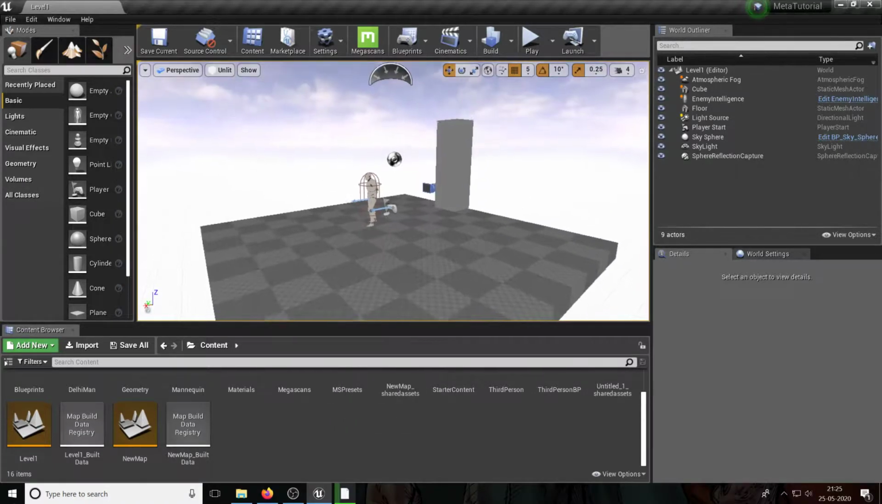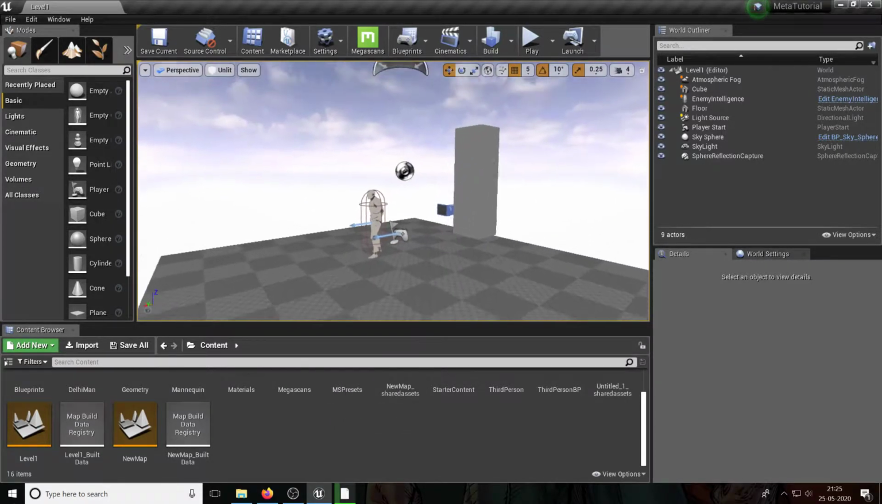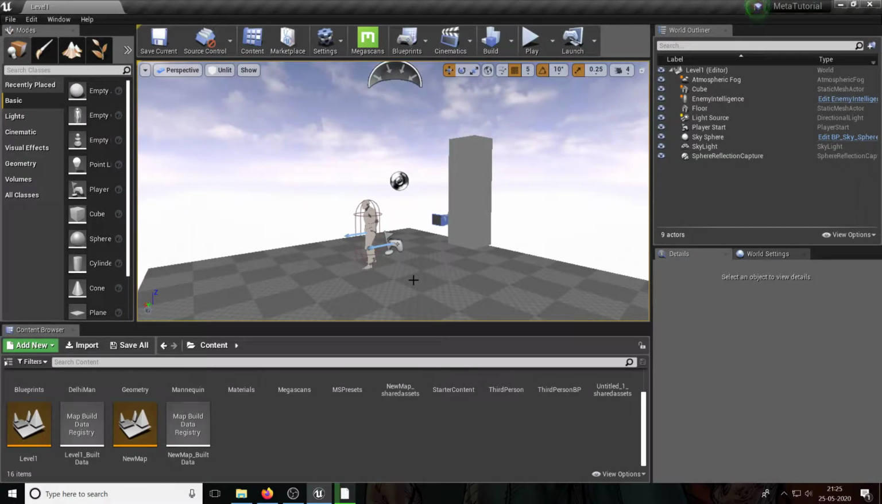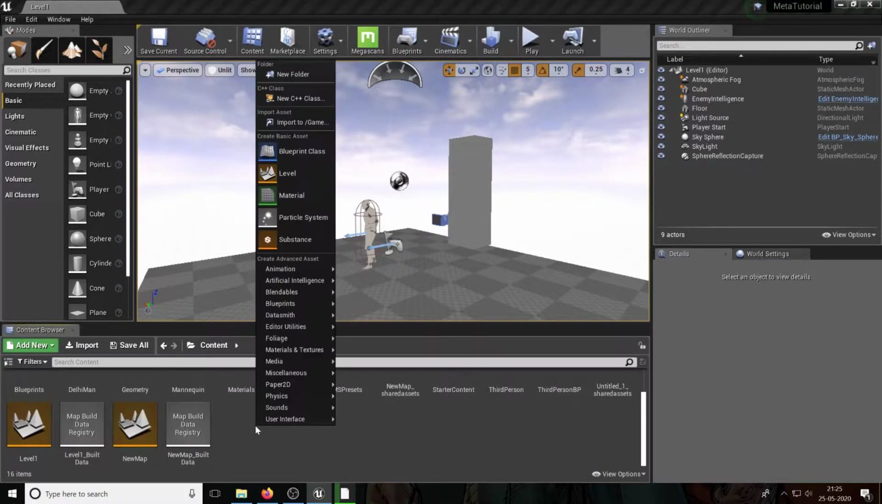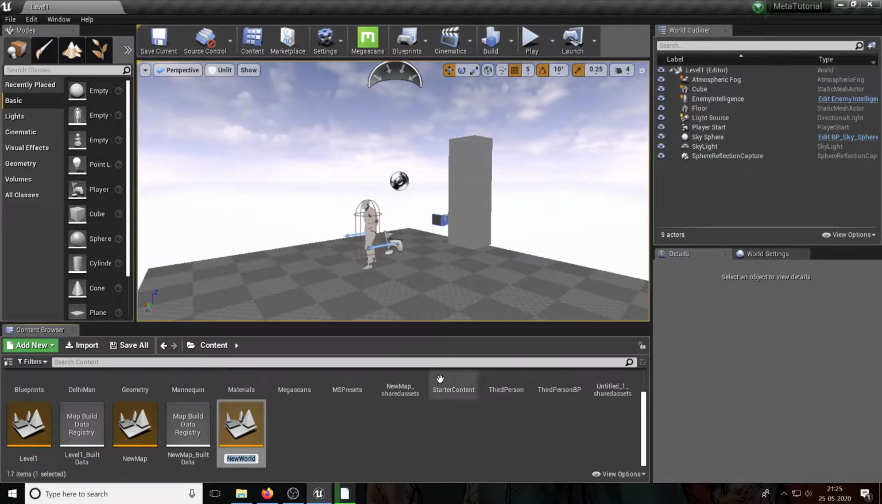But if you want to create a main menu, you'll still have to create it in a level. Unreal cannot function without levels. You have to be in one level or the other all the time, unless you're loading. All right, so I'm going to right click and create a new map or a new level, and we'll call it main menu